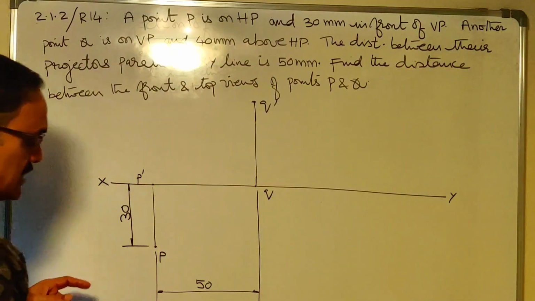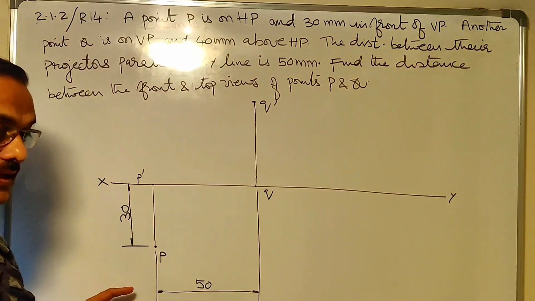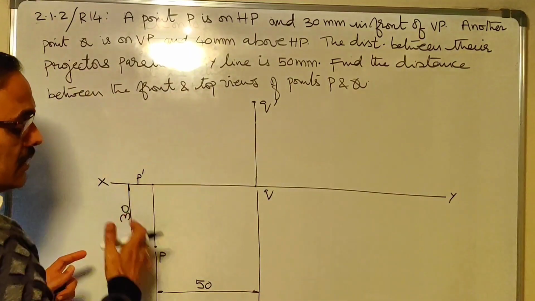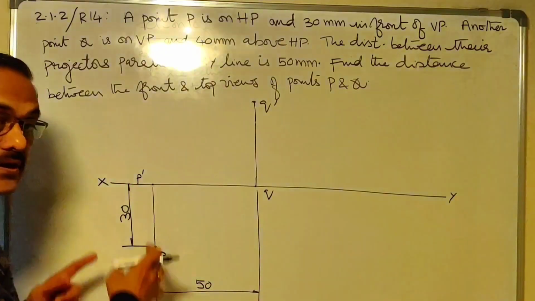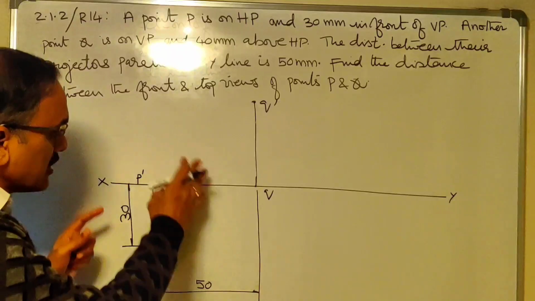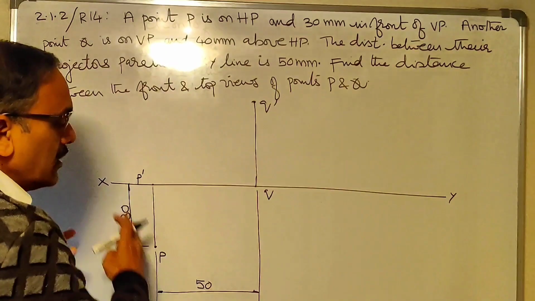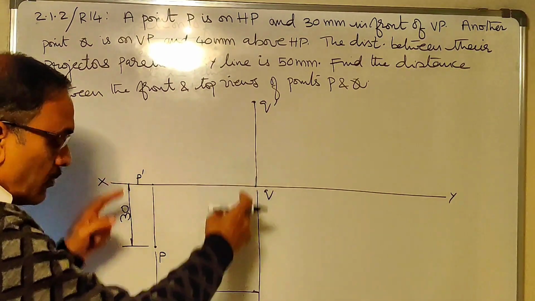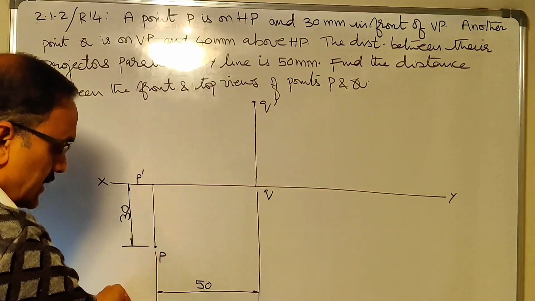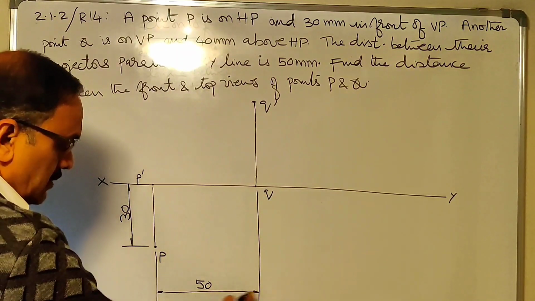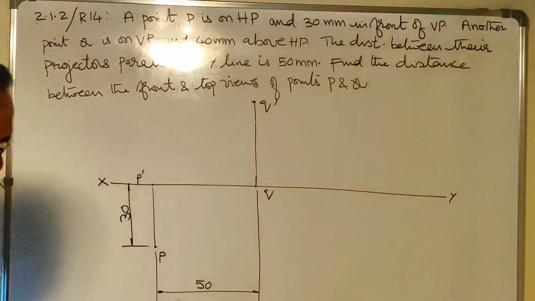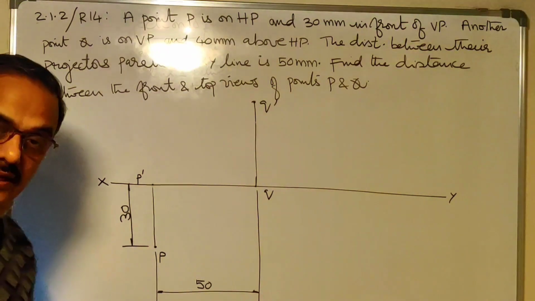Now there is a reason why I have taken this 50 here. When you do some construction, the dimension line shouldn't interfere with the construction. That's very important. I am going to draw some lines in this area, so I wanted the dimension line to be moved away. So I had to draw these extension lines, which are used here, and then the dimension line is drawn exactly parallel to the XY line, 50. So this dimensioning is very important.